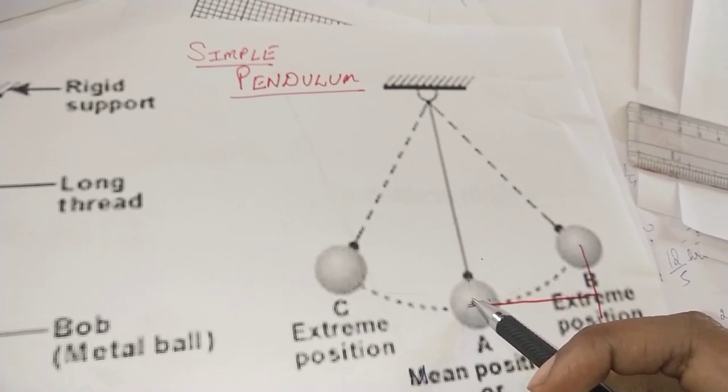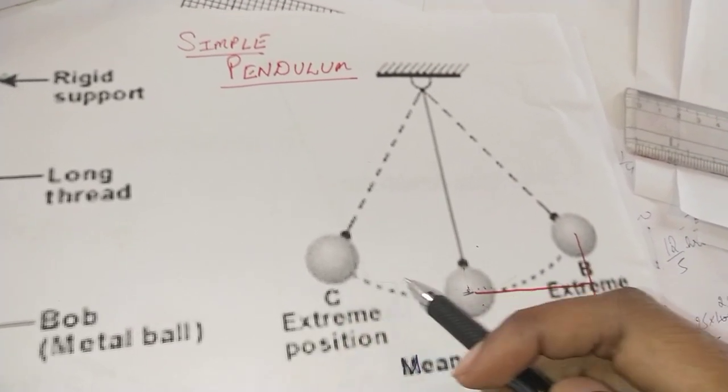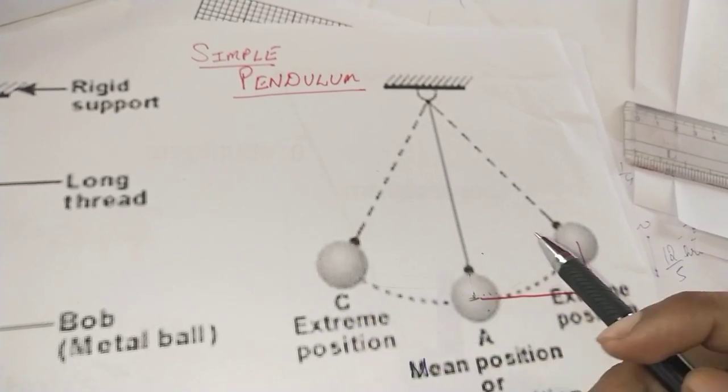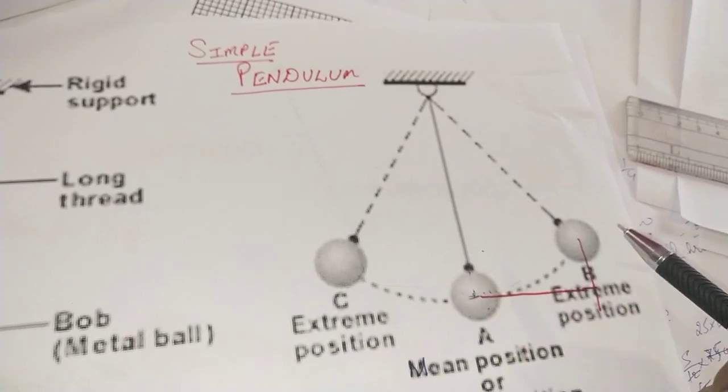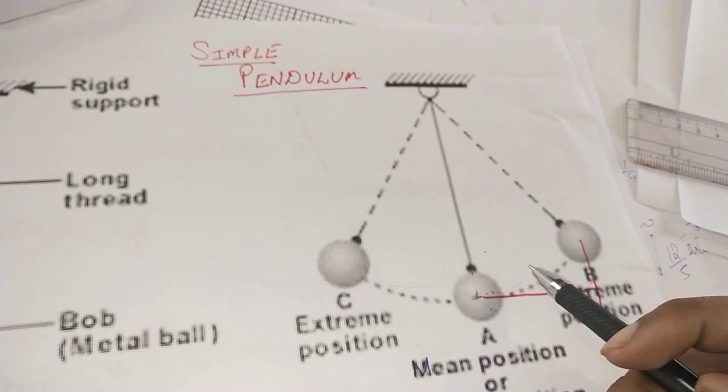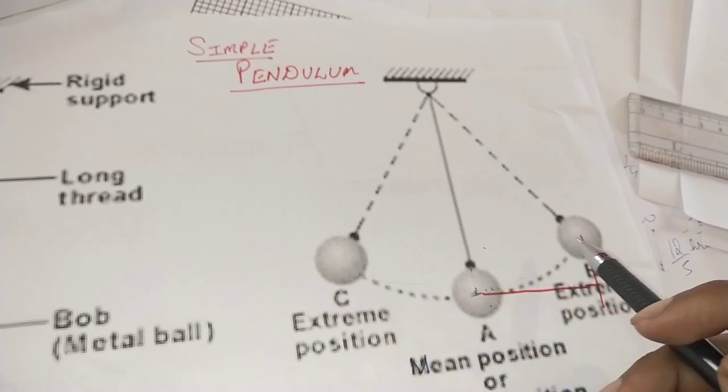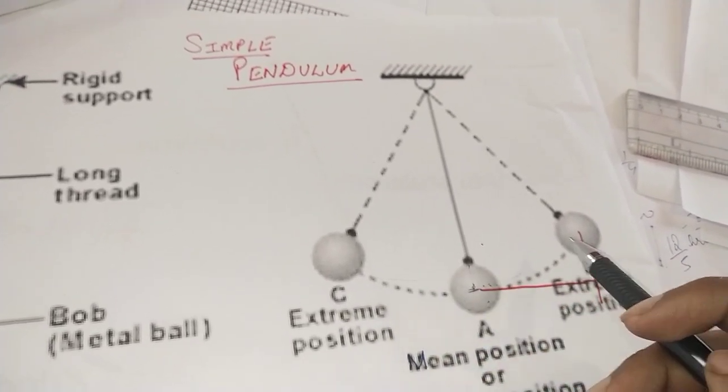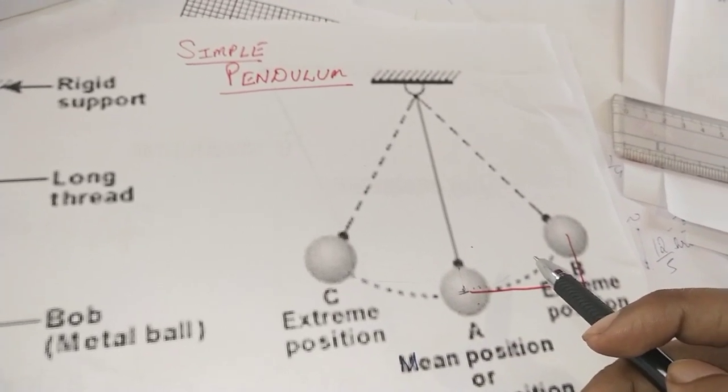So in that case we can collect how many oscillations happen during this period of time. So this is what it is. First of all, let's see what an oscillation is. An oscillation is a complete to and fro movement. This is a to and fro motion, we can say.